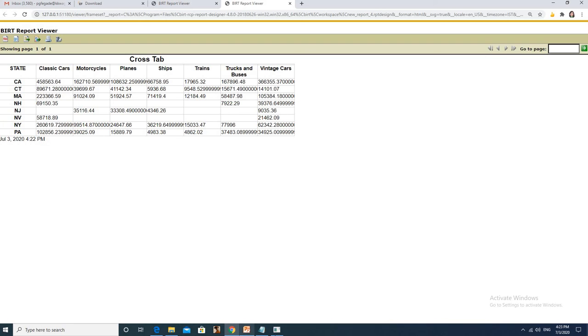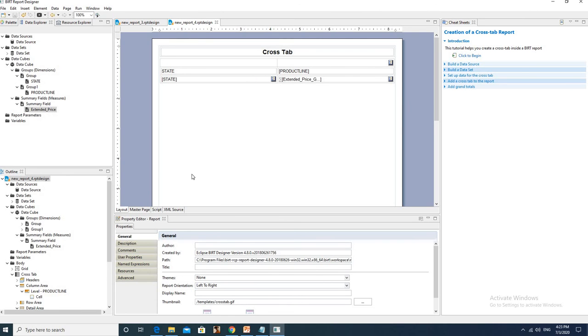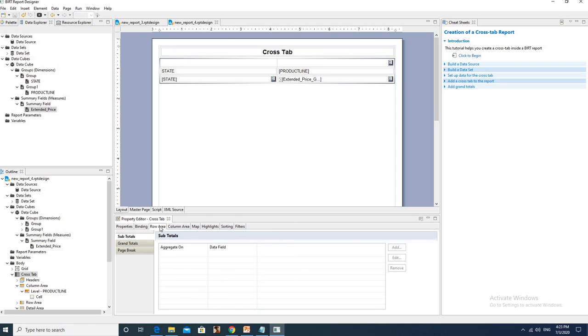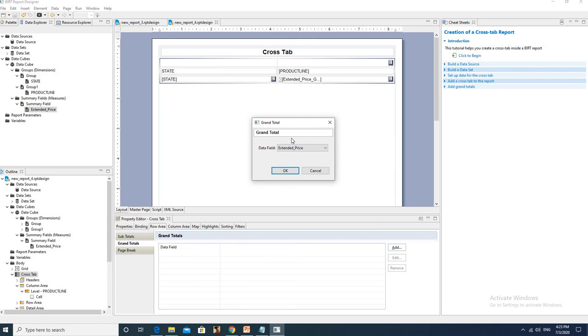Now we are going to add the grand total. Select this cross tab in the designer window, and in the property editor you can see the row area here. Just click on it. Click on grand totals, add a new data field.